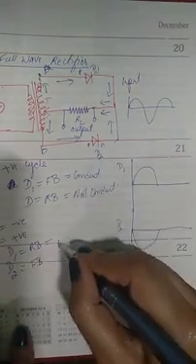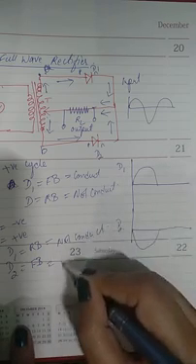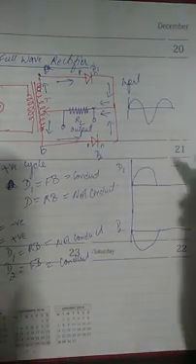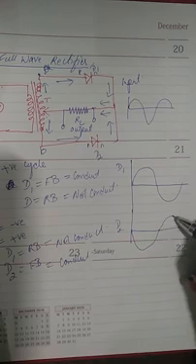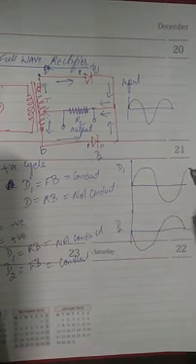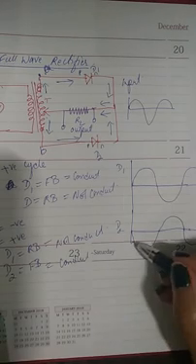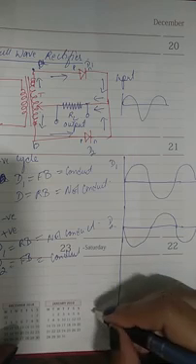So now D1 will not conduct and D2 will conduct current. So this continues, and in the ultimate output,